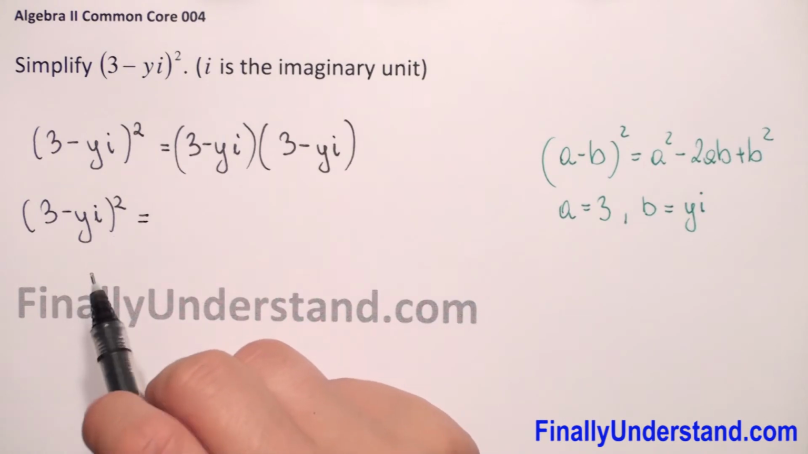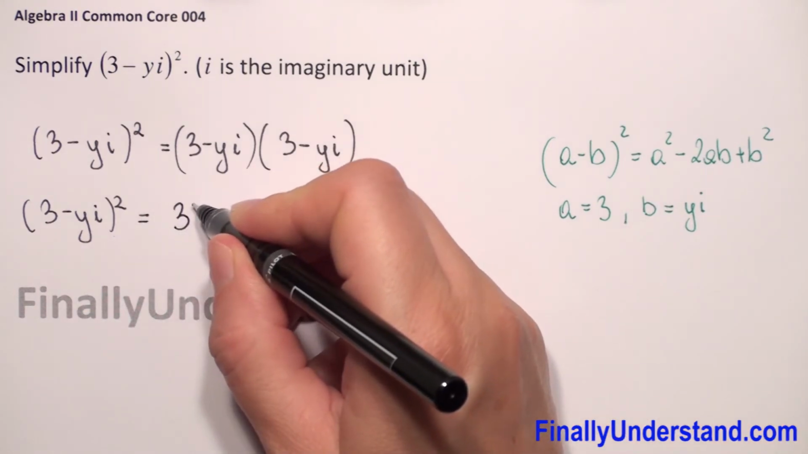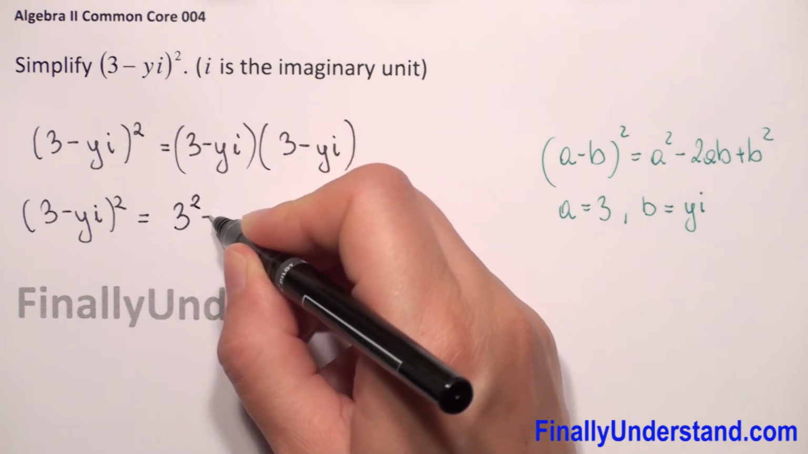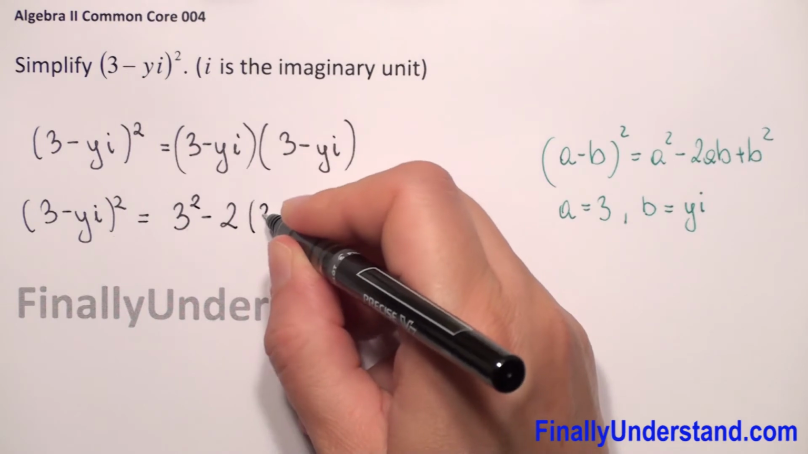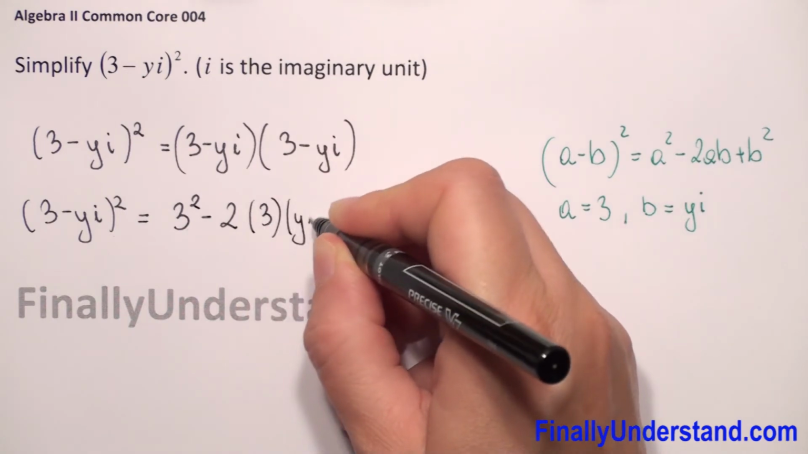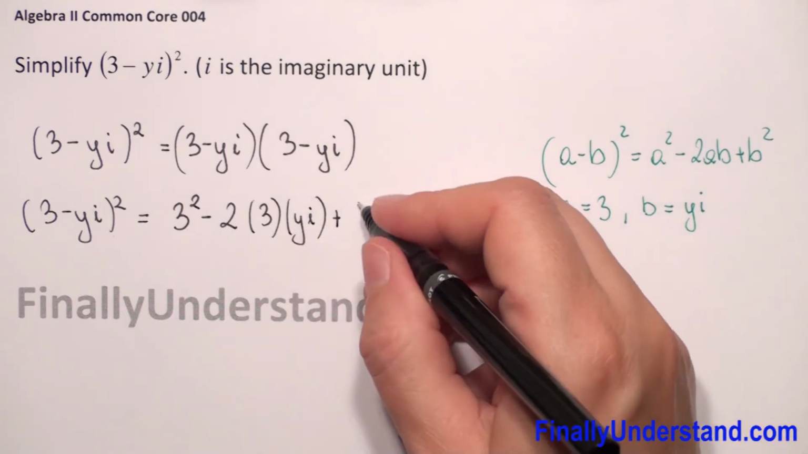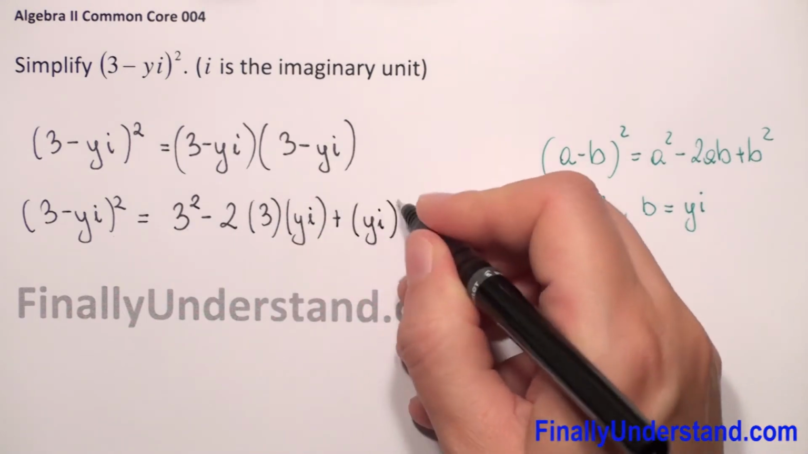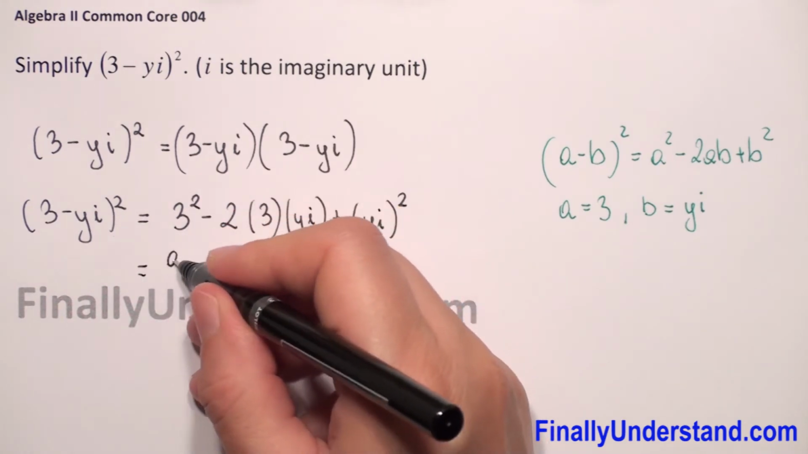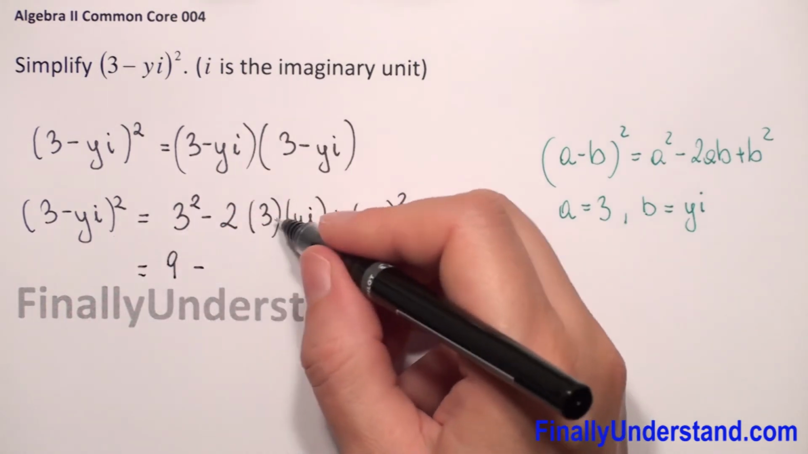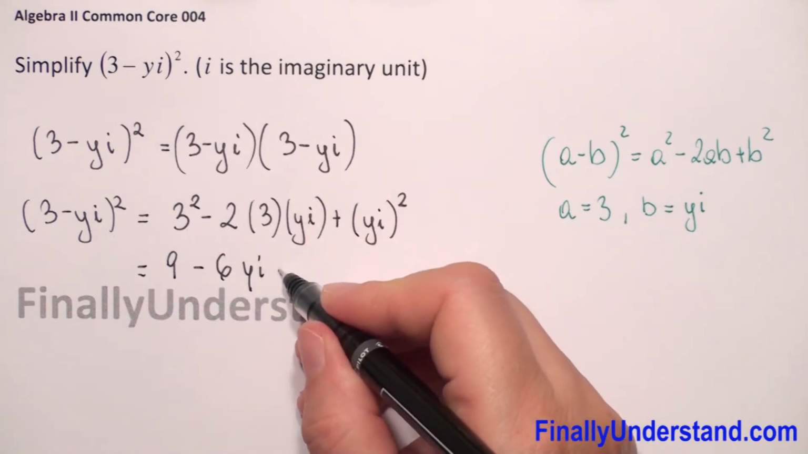So this is a square. In our example it will be 3 to second power, minus, we have 2 times a times b, so 2 times 3 times yi, plus b to second power, so we have (yi) to second power. So this is equal to 3 to second power is 9, minus 2 times 3 is 6yi, plus, and now